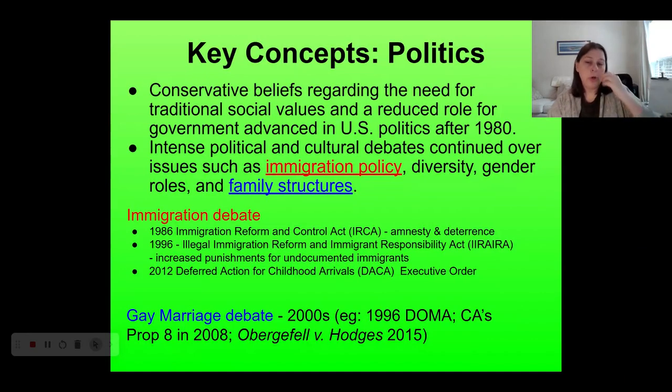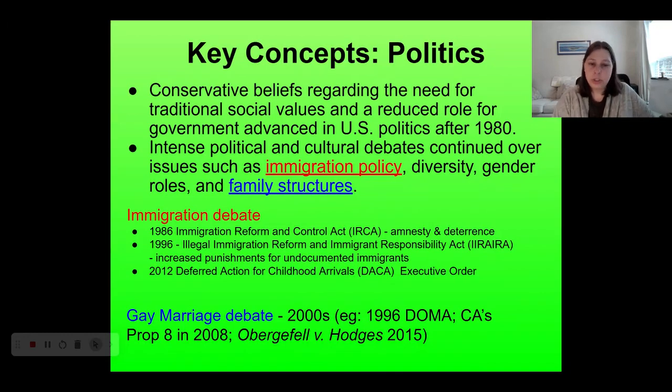Another area that the College Board calls out is family structures. There's a number of different things that you could talk about here. I wanted to just highlight gay marriage because I think it's a particularly good example. So the question of legalizing marriage for same-sex couples really starts to be talked about a lot in the 1990s. It comes out of the problems of the AIDS crisis, where lots of people were denied access to their partners, right, as they were dying of AIDS. And so you don't see people talking about gay marriage as an issue in the 1970s very much. Not nobody, but not very much.